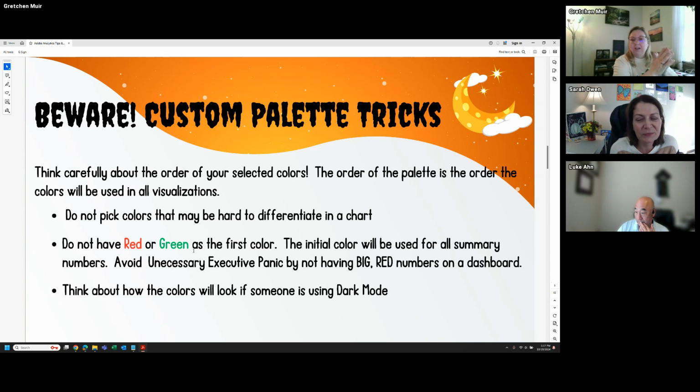It's easy to differentiate. Also keep in mind, almost everywhere I've been, there's been at least one executive who's been colorblind. So just keep that in mind when you're selecting colors. When you're picking colors, try to vary not just the color, but sometimes the tone, because if they can't differentiate the color, they can differentiate light from dark. And if you have red or green as your brand color, which I have worked at places that have had both, do not have those as your first color,